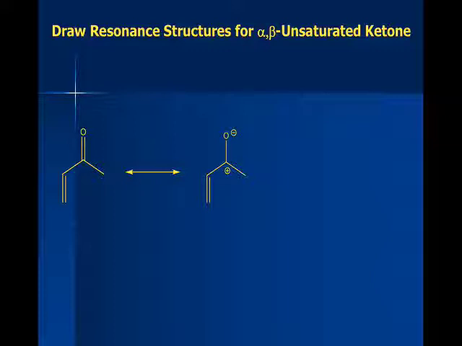Now that positive charge, is that it? We can resonance delocalize that because that's kind of allylic, right? And in fact, we can draw a resonance structure where we have a positive charge on this terminal carbon of the alpha-beta unsaturated ketone, okay, and put the carbon-carbon double bond here. And so if we had an alpha-beta unsaturated carbonyl system,